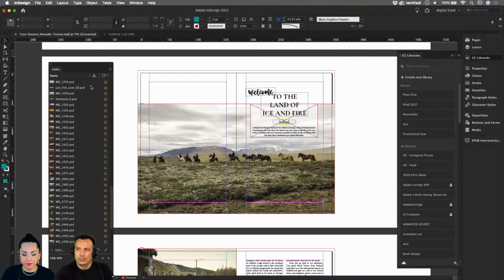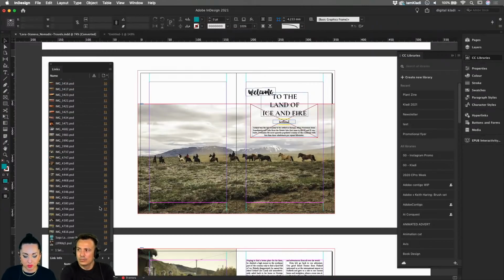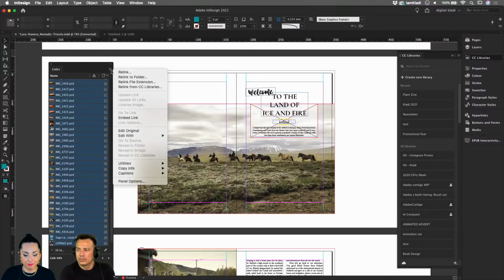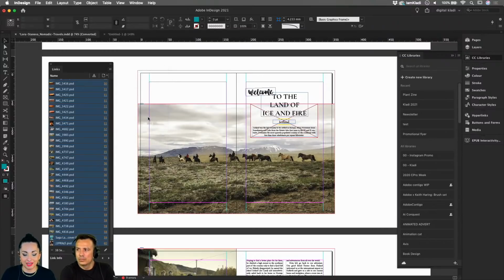So Laura, a very first tip that I wanted to give to you when you create a file, especially when images are so many and at the heart of such a creation: all you want to do is to select your files. We can start from the first one, then hold the Shift key and scroll to the very last one in order to select them all, because in this case none of them is actually embedded within the document. And then we can click on the top flyout menu, and from here select Embed Link.